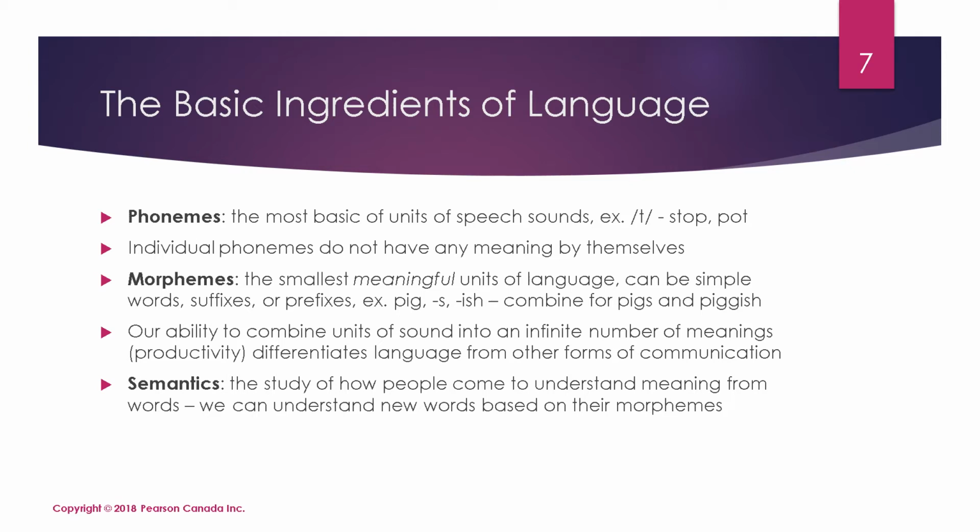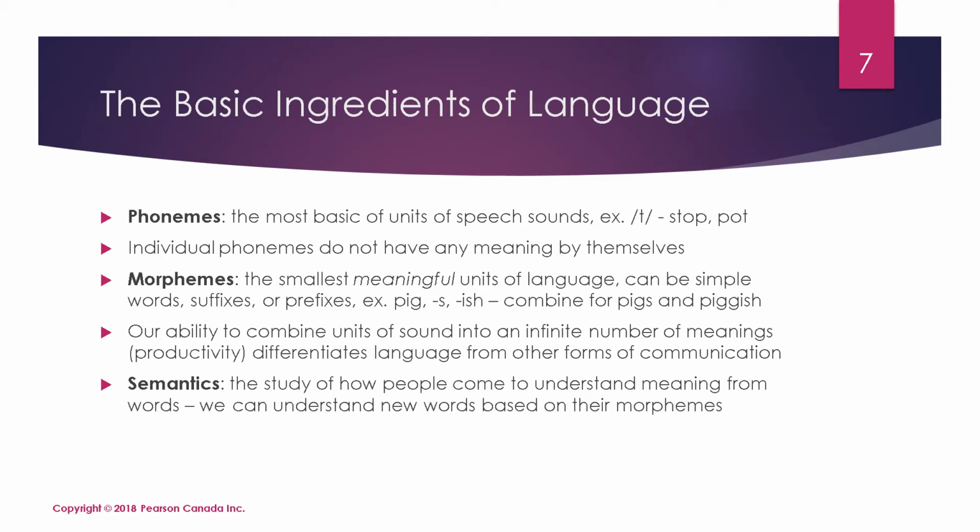Usually changes the meaning of the word, so it turns it to like before something happened. So for example here, pig would be a morpheme because it has meaning in itself. We know what a pig is, it's an animal. If you add the letter s, which would be adding a suffix to the word pig, you change the meaning. So it's gone from being one pig to multiple pigs, right? So s as a suffix would be considered a morpheme as well, because by adding it, it changes the meaning